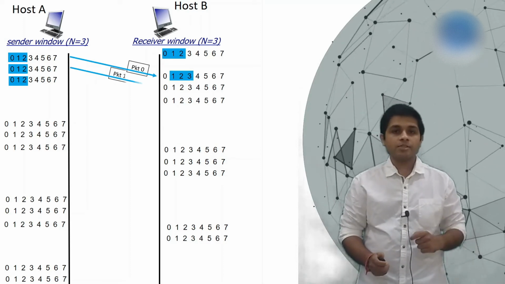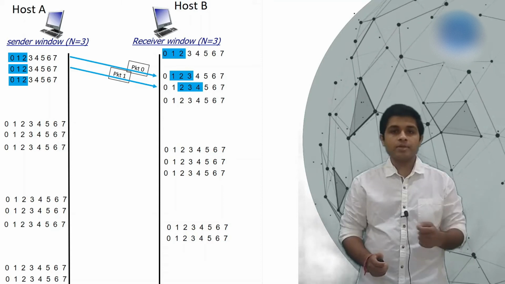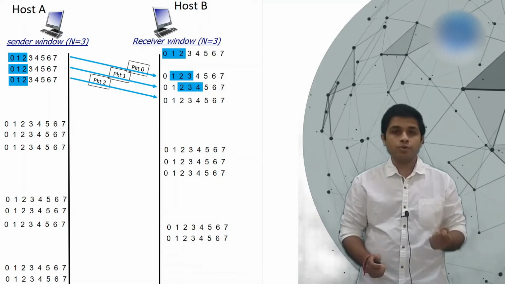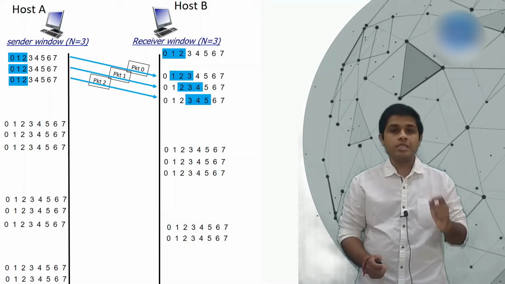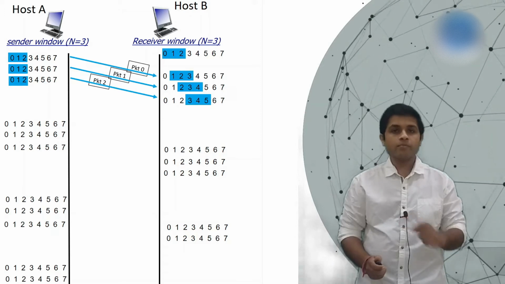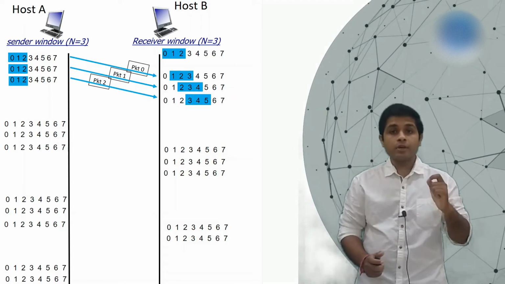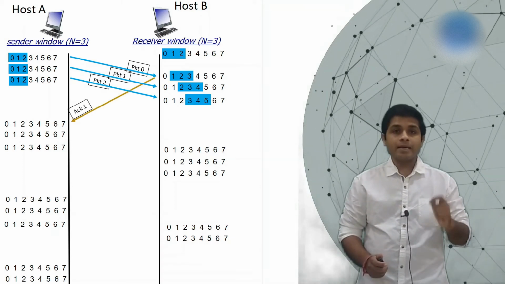Then A will send the next packet, which is packet 1. B will receive packet 1, so the window will slide, and A will send the next packet, which is packet 2, and B will receive packet 2, and it will slide to 3, 4 and 5. After some time, B will send the acknowledgement for the received packet 0, that is SEK 1,